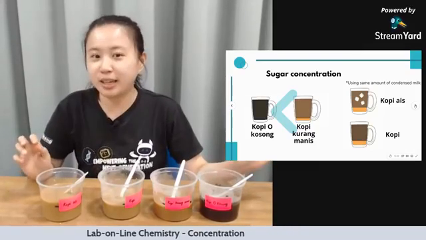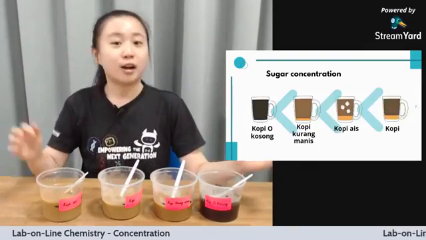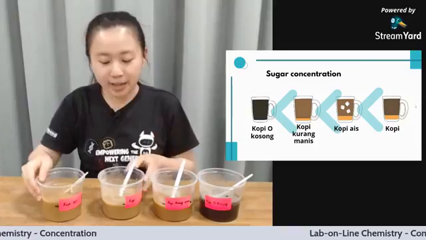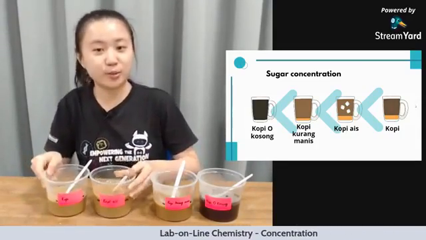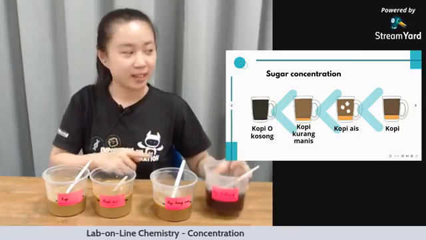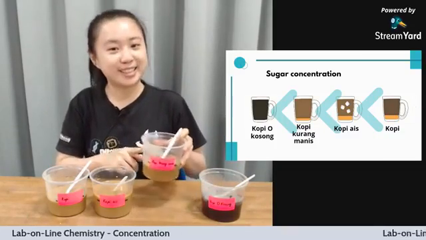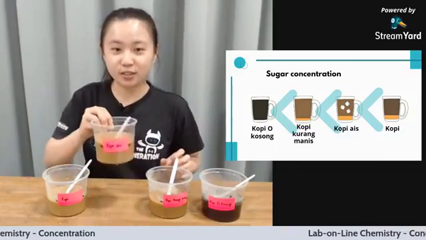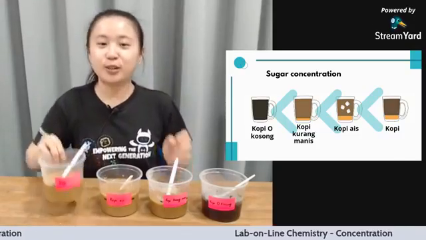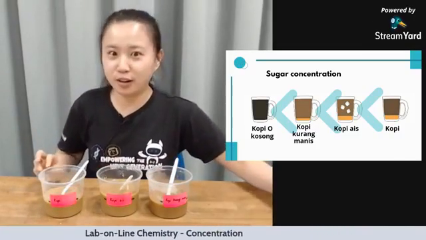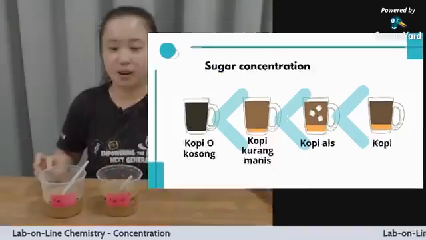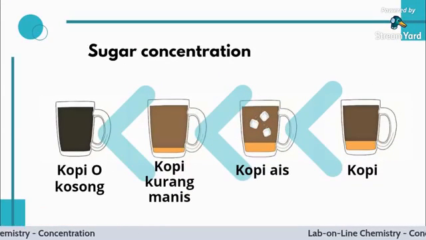It does not mean that it has less solute overall, but right now it will give the order like this. The lowest one will be kopi o kosong, the second one will be kopi kurang manis, the third one will be coffee ice, followed by the coffee. So that's all for our coffee making session, and we have learned a lot of concentration using this coffee. So next,